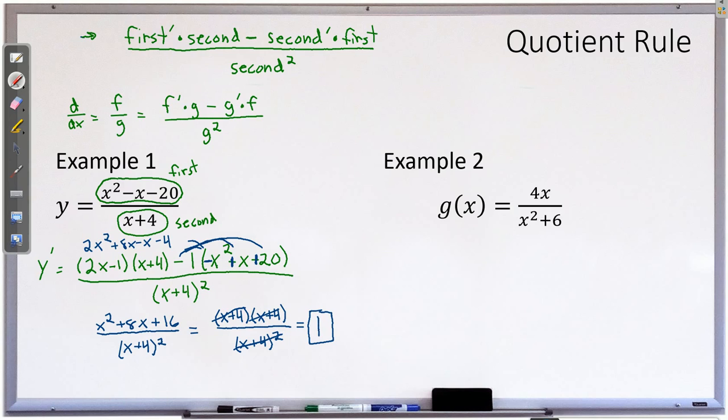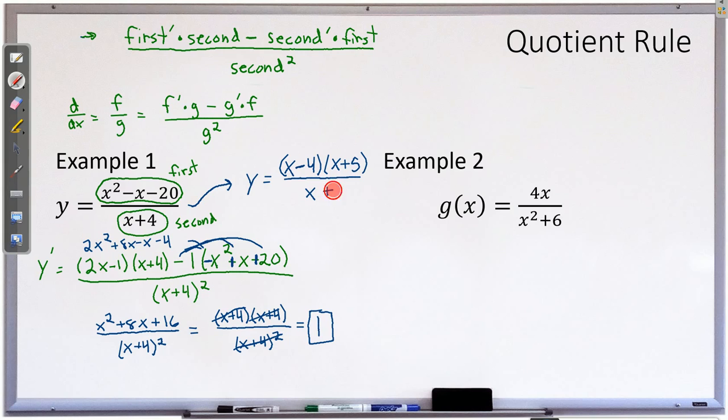Kind of angering, actually, especially since this one we can check our answer because this one we can factor from the beginning. So here's a second way of doing this problem. So this is regular old y. X squared minus x minus 20 does factor to be x plus 4 times x plus 5. Sorry, which one is negative? The 4 is negative. There we go. Divided by